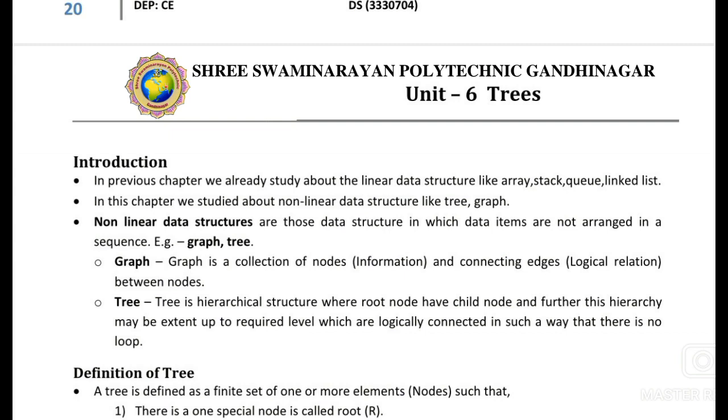So first is the introduction. So in a previous chapter we have already studied about the linear data structures like array, stack, queue, linked list, but in this chapter we study about the non-linear data structures like tree and graph. So non-linear data structures are those data structures in which data items are not arranged in sequence